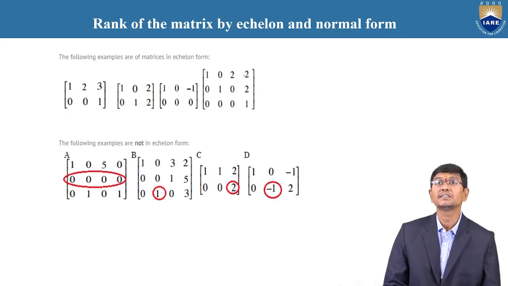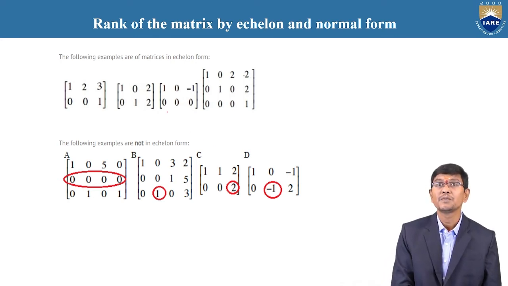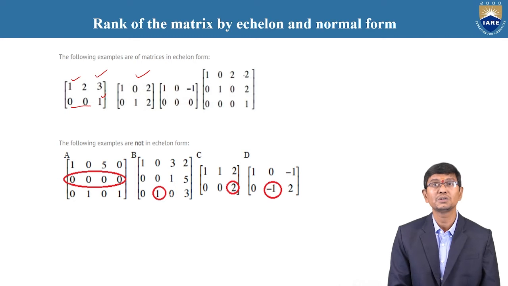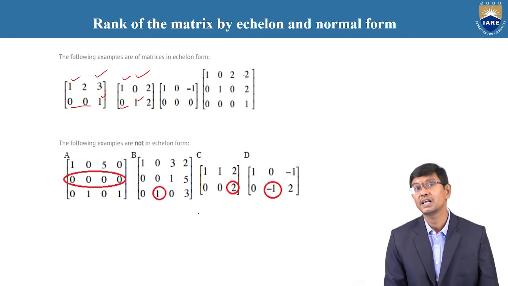Now, we need to understand some other examples based upon this one. For example, 1, 2, 3, 0, 0, 1. It is clearly a matrix where there are no zero rows, so we neglect that topic. And again, the first non-zero element is a 1, and before the non-zero element, the zeros are in increasing order. And the second one also clearly has no zero rows, and the first element is clearly a one value, and before the non-zero number, the zeros are clearly satisfied.